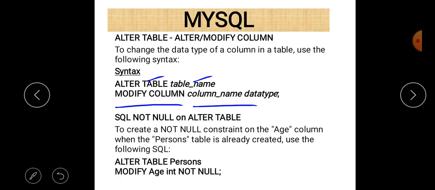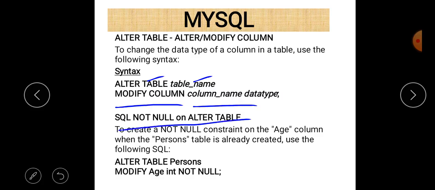And now let us talk about the constraints. We are able to change the constraints of a table using MySQL. So, SQL not null with alter table. Not null is a constraint.